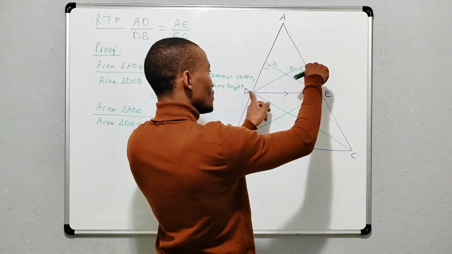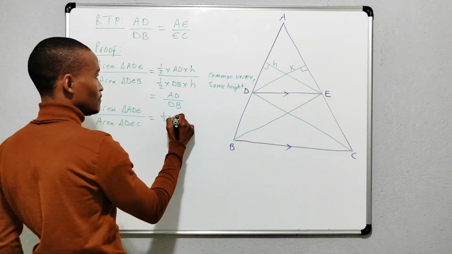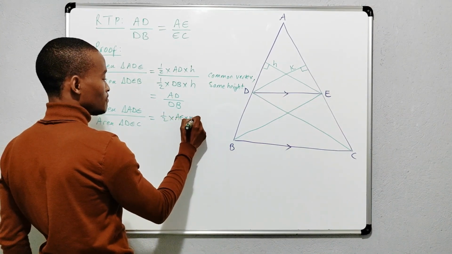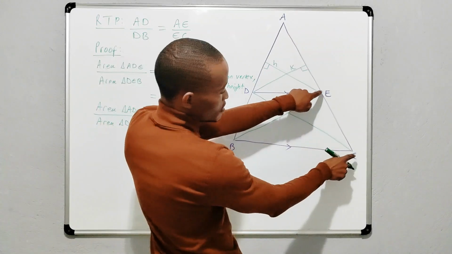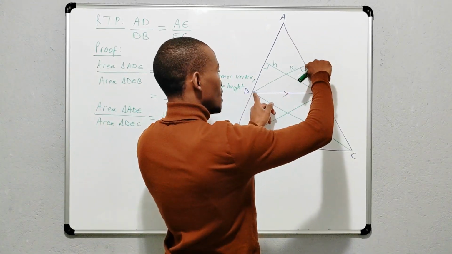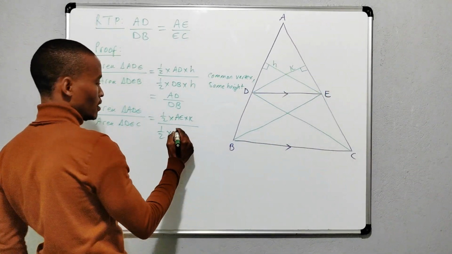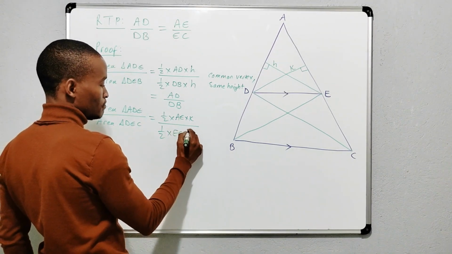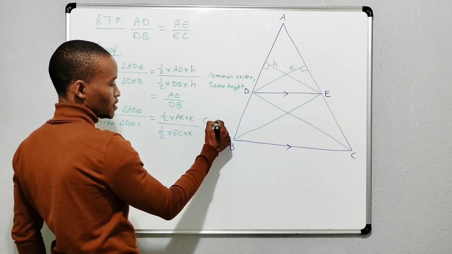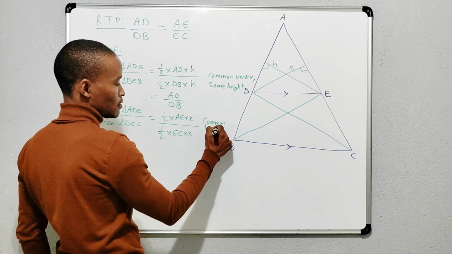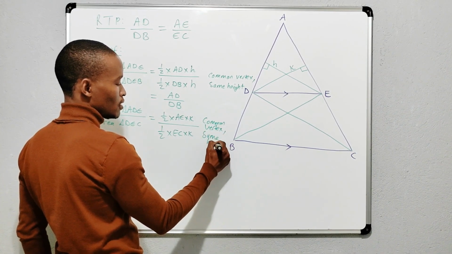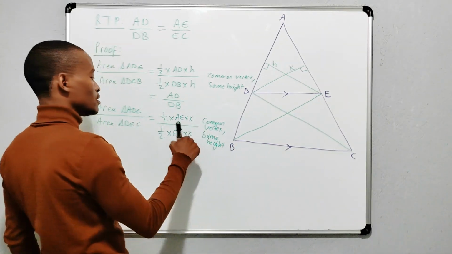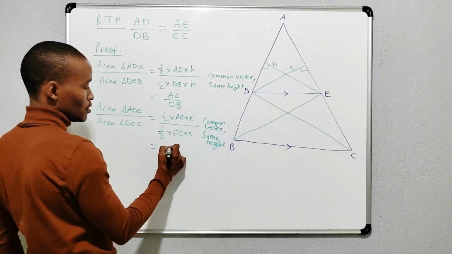AE, perpendicular height will be K. Half times what is the base? EC, perpendicular height will be K. Common vertex, and therefore the two triangles have the same height, K. Cancel out,